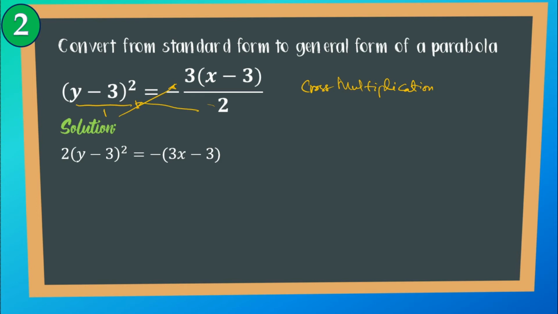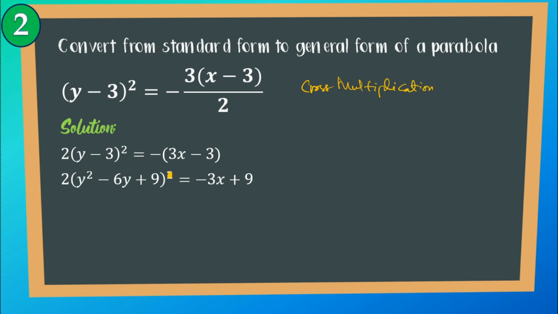So, let me list this one. Cross multiplication yung ginamit natin. Pagkatapos, yung (y minus 3) squared, gagawin natin into perfect square trinomial. So, magiging 2 times (y squared minus 6y plus 9). Sorry, okay. So, equals negative 3x plus 9. Okay. Since we remove the parentheses tapos negative yung sign,